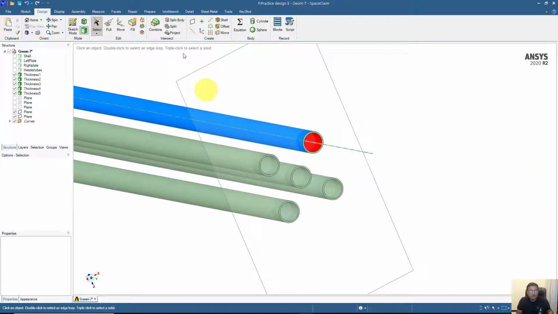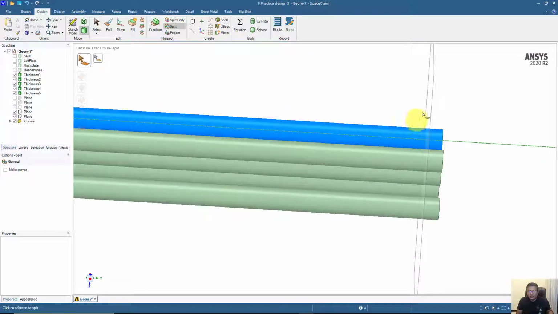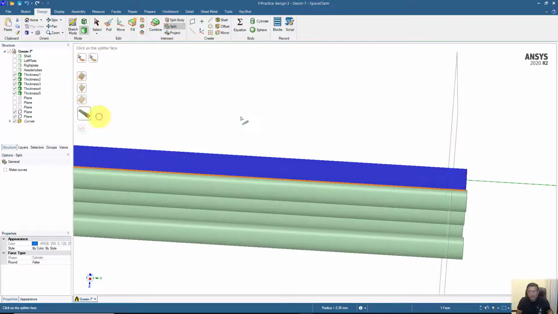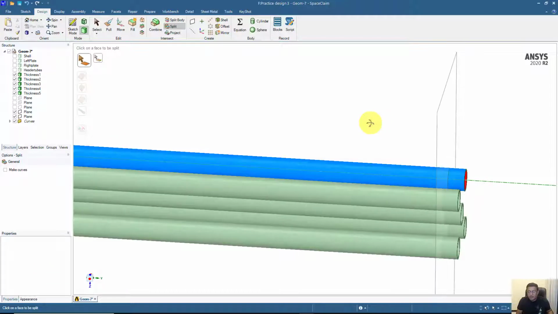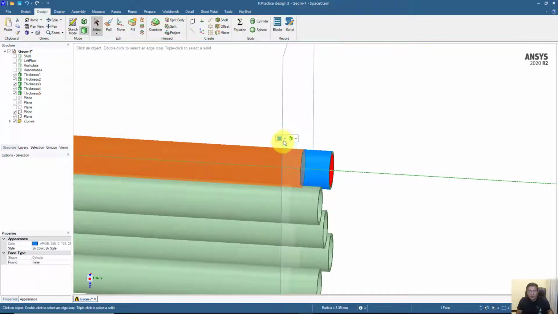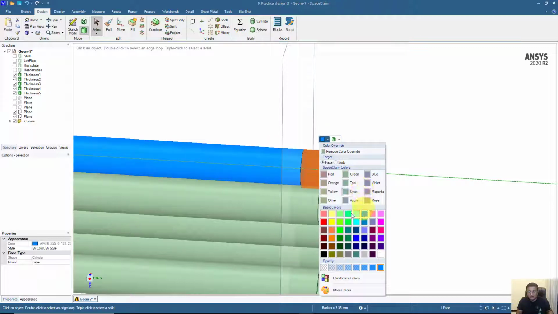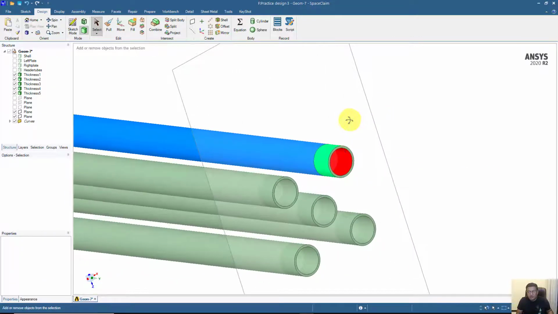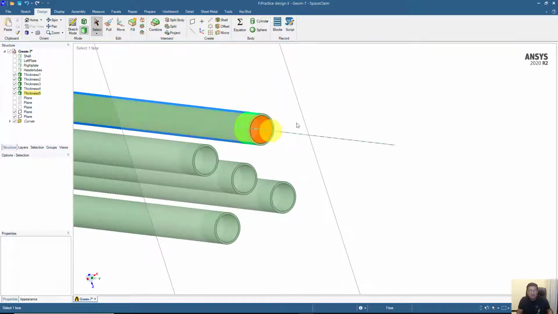They should be of the same dimension as the second part. So for the shell side, we have to create the surface up to this plane. I will use this plane option here as a cutter. And now you can see that we have two faces here from the same solid body, but now they are divided into two faces. So I can change the color, let's say to green. This green color will not be used for any of this purpose.